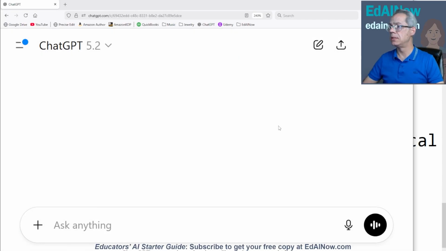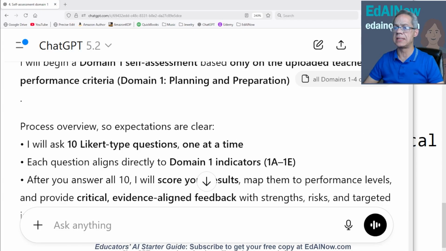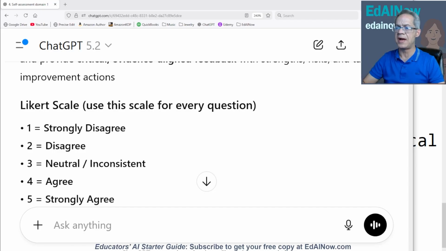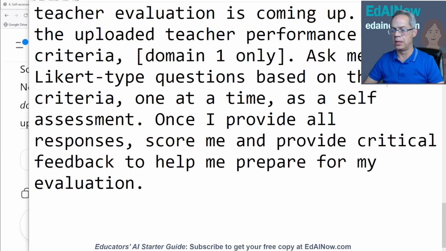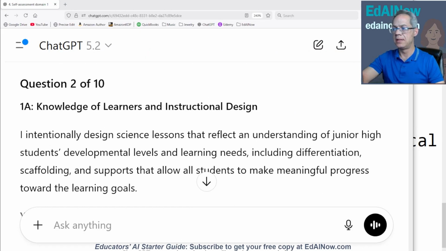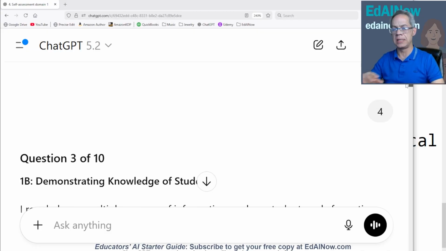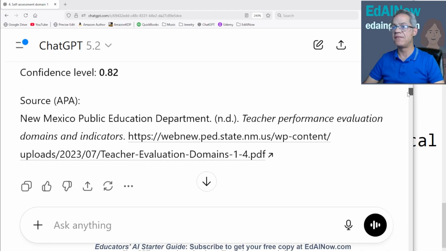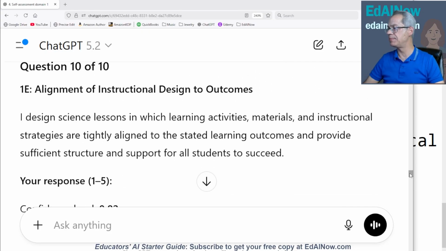And here. All right, so let's go to the top. There's my domains. There's my prompt, and it's going to then say, all right, here's the scale, 1 through 5. It's going to ask me questions, and I will simply put in 1, 2, 3, 4, or 5 for each question. So this one, for example, I put in a 4. You see it over there on the right. It goes through all of the questions, and you just type in your response. And finally, sorry about the motion sickness, but finally,